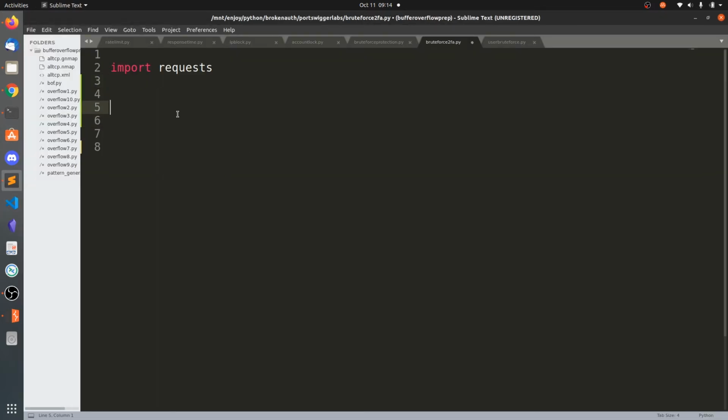So the 4-digit numbers will vary from 0 to 9999 plus 1, because in the for loop, so let's just print out i.zfill of, I think, 4. So let's go and run this. So we need to generate the numbers like 0000, 0001, 0002, etc.